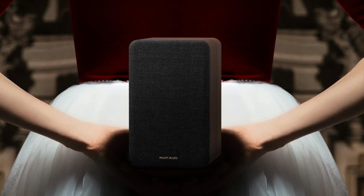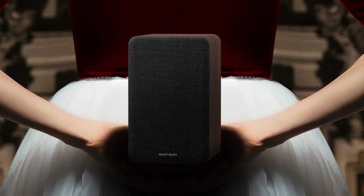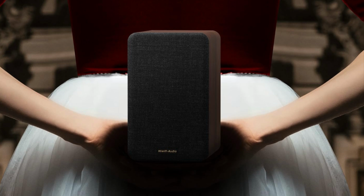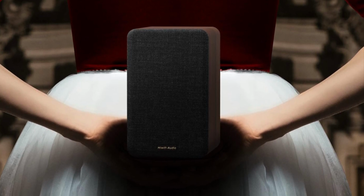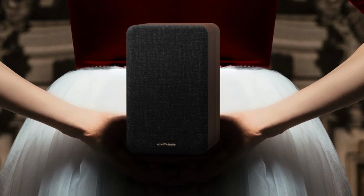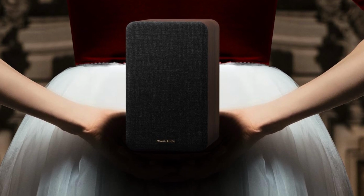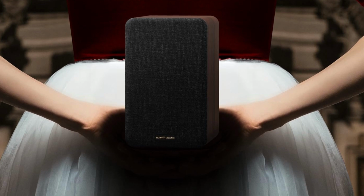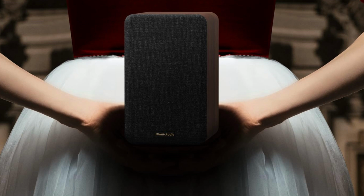In terms of audio quality, the system delivers excellent dialogue clarity, with a wide soundstage and precise sound localization. Real-world reviews praise the system's ability to deliver immersive and engaging audio, with many users commenting on the excellent dialogue clarity and precise sound localization. Users also love the system's ease of use and setup, with many commenting on how easy it is to connect and configure the system. Additionally, users praise the system's build quality, with many commenting on the premium feel and sturdy